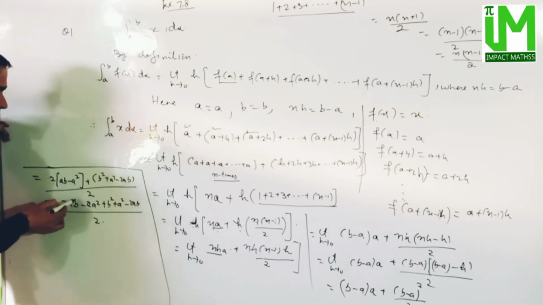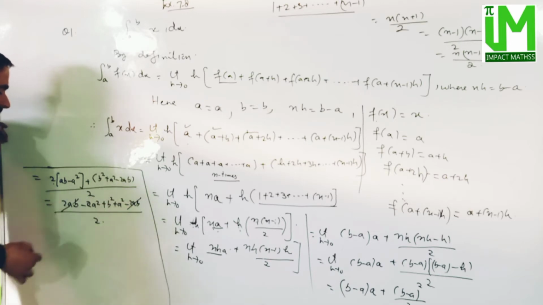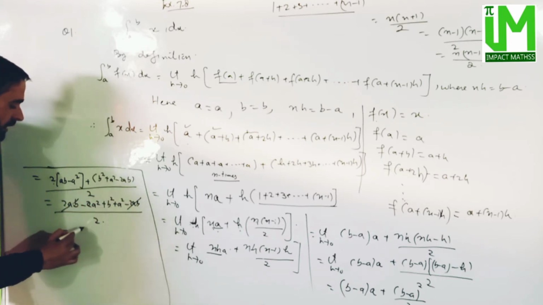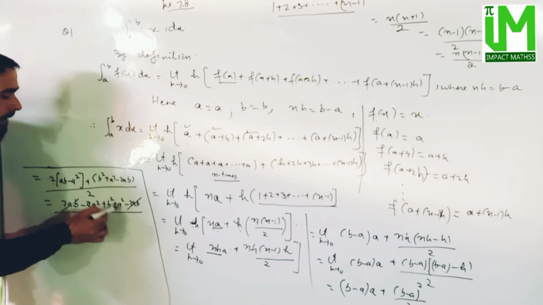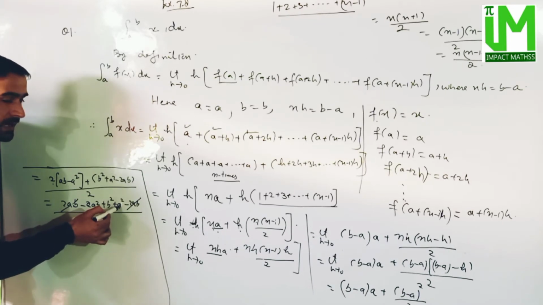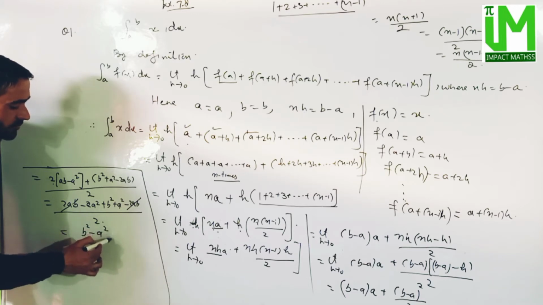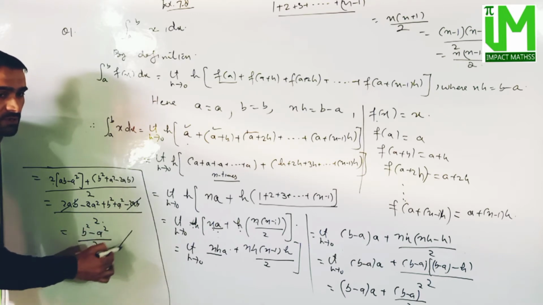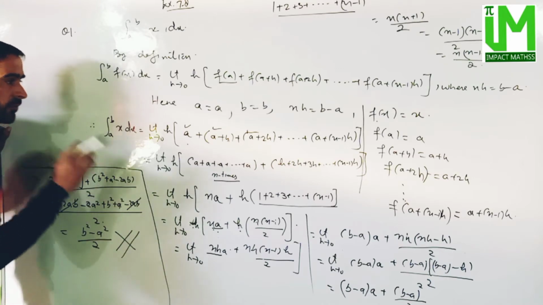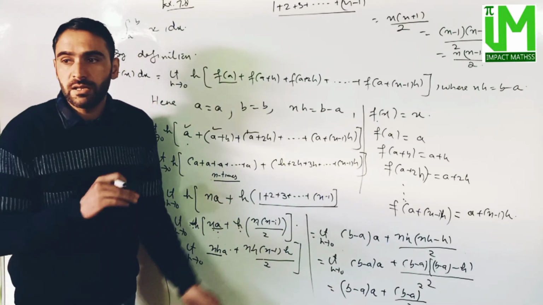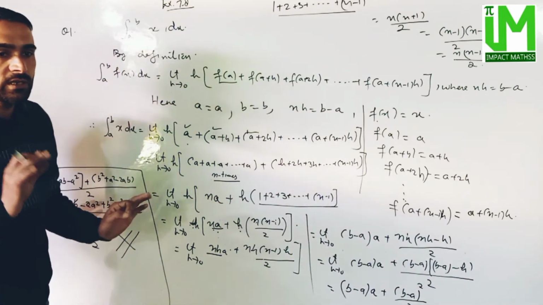Terms cancel: 2ab and minus 2ab cancel, so we get b square minus 2a square plus a square, that is b square minus a square divided by 2. ठीक है, so this will be the final result. अब आप last में answer check कर सकते हैं।